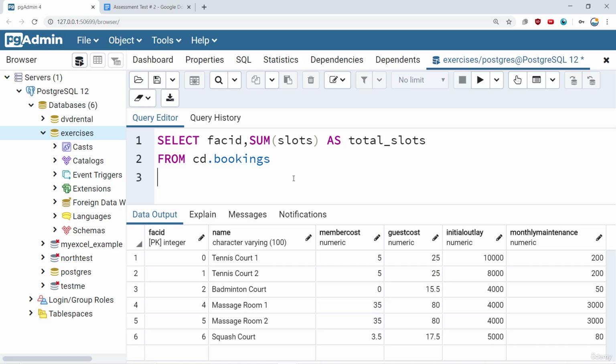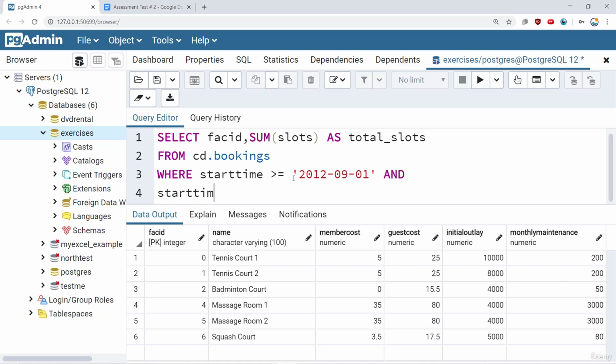And we have to do this just for September 2012, which means the start time. So we'll say where start time is greater than or equal to 2012-09-01, and start time is less than or equal to 2012-10-01. If you wanted to, you could use a between operator, but usually you have to be careful with the